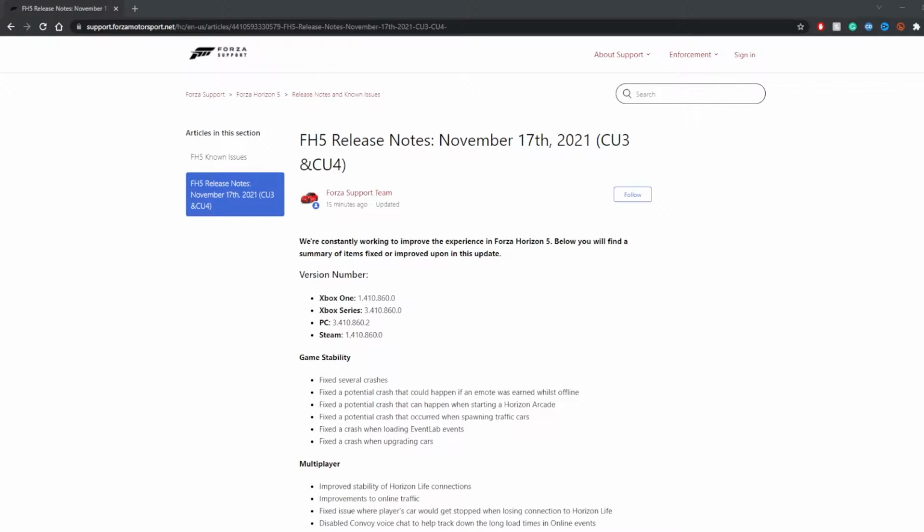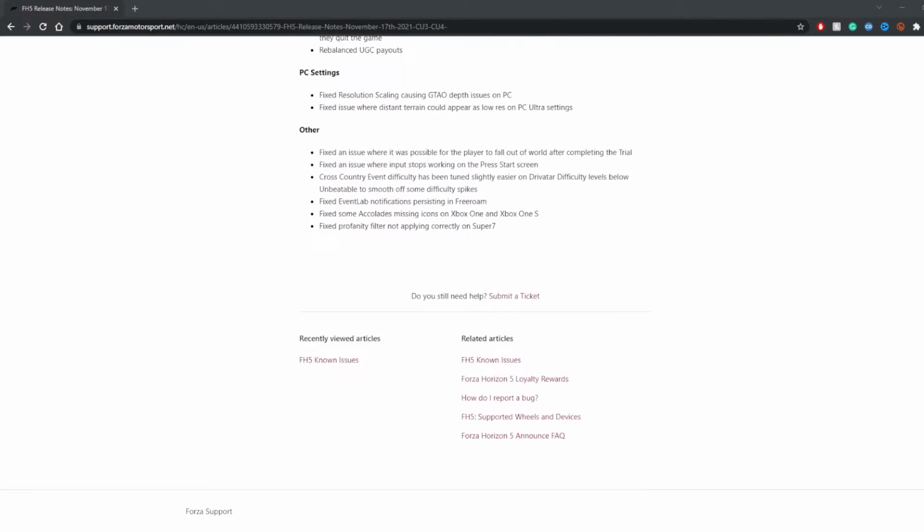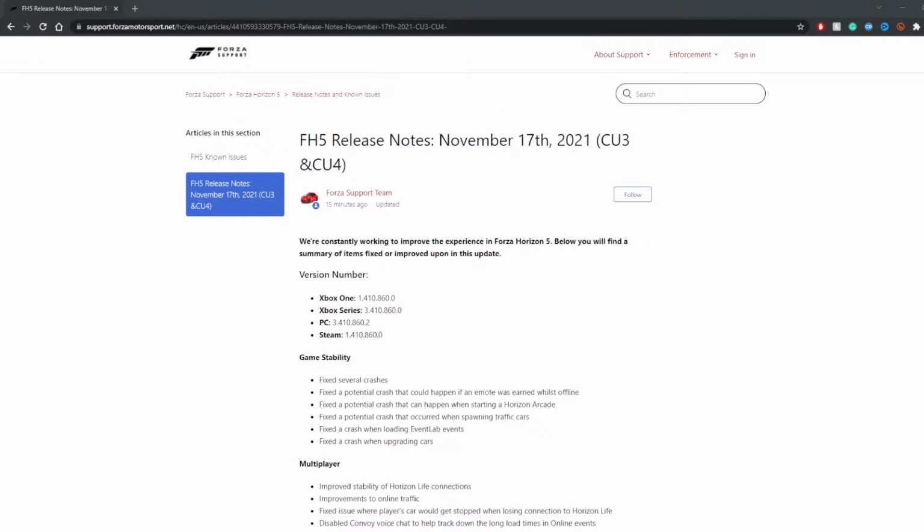Now this was a 5GB update on the Xbox app for PC and a 2GB update on the Steam version. Not sure how big the Xbox versions will be. Forza support did tweet saying there would be one this week. They tweeted last week saying it's being pushed forward, and this is the update that they're talking about. Now, not everything has been fixed. There is still a lot of things for them to fix, but they've done quite a bit, as you can see. So we're just gonna quickly whiz through